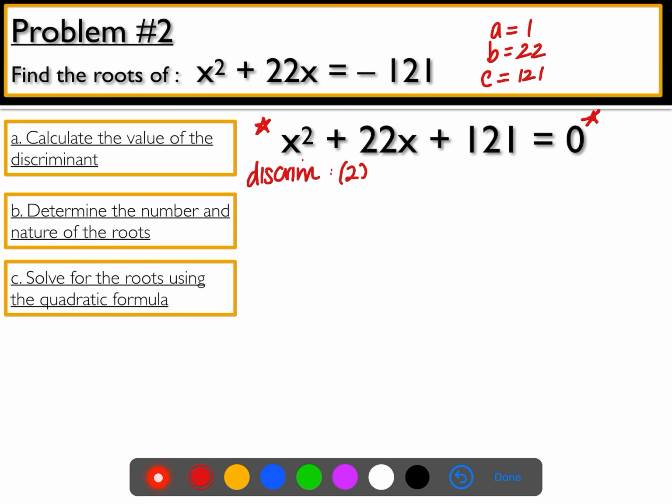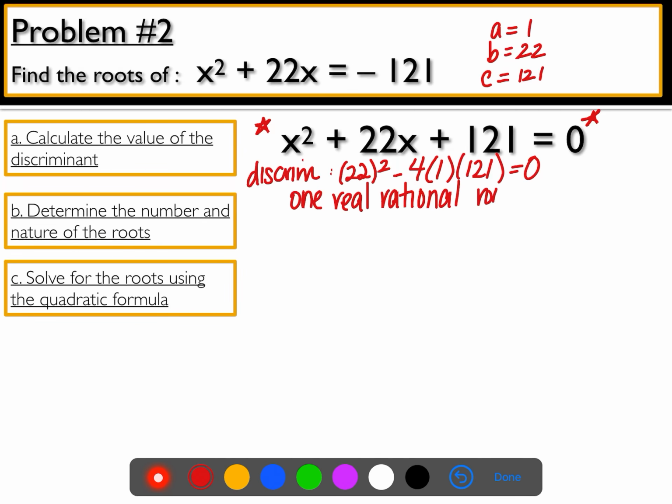Okay, so find my b squared minus 4ac. Okay, plug that into your calculator exactly as it appears so that you avoid any order of operations issues. Okay, so we get 0. So that means I'm going to have one real rational root. This is only going to cross the x-axis at one point. Okay, so when I solve now,